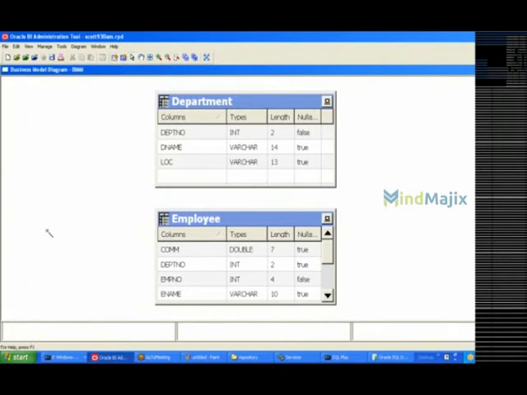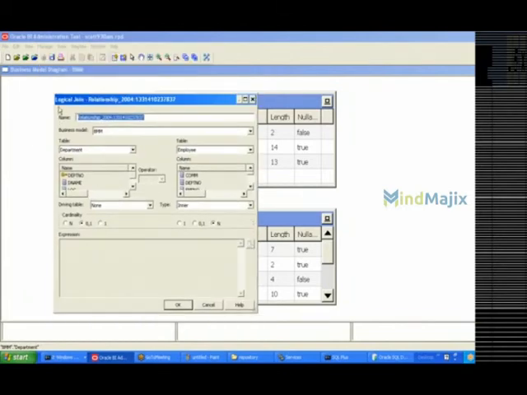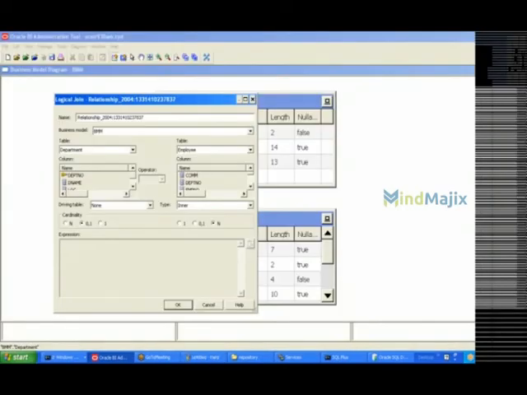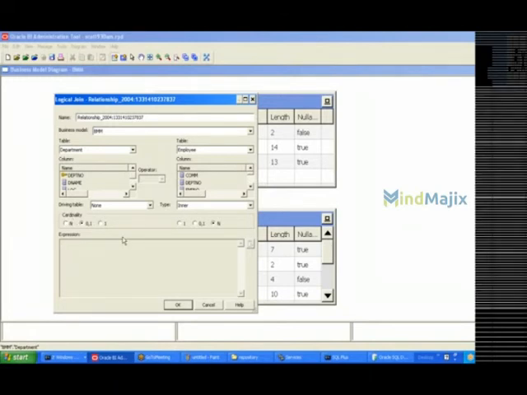We need to provide the same type of join that we have provided in the physical layer. If it is not possible to provide that, at that time only we are going to provide some other joins which are based on the cardinality. Now first click on the many side, which is nothing but the employee table, and drag it to the dimension table, which has the primary key. If you observe, this join is called a logical join. Here I am not able to see the join condition. A logical join works with the cardinality, so it is going to use cardinality here.